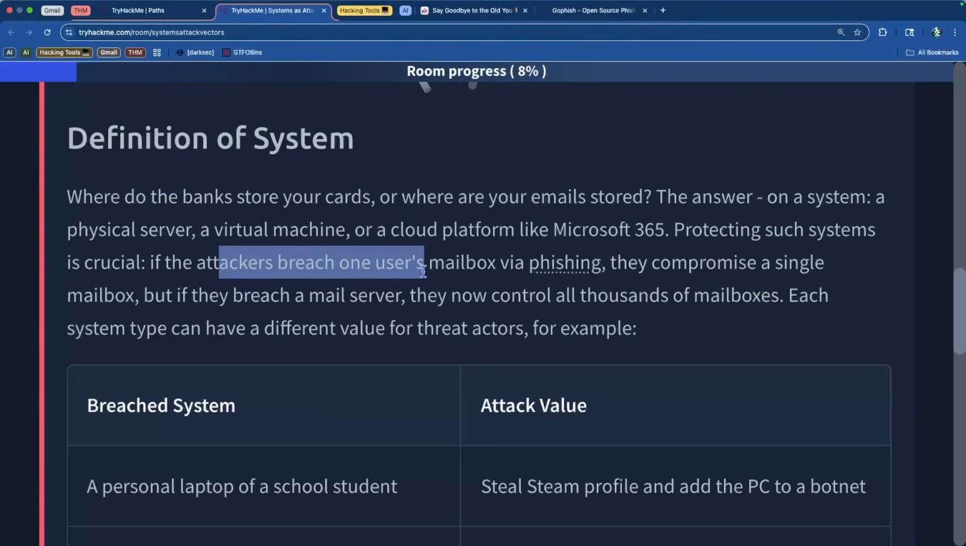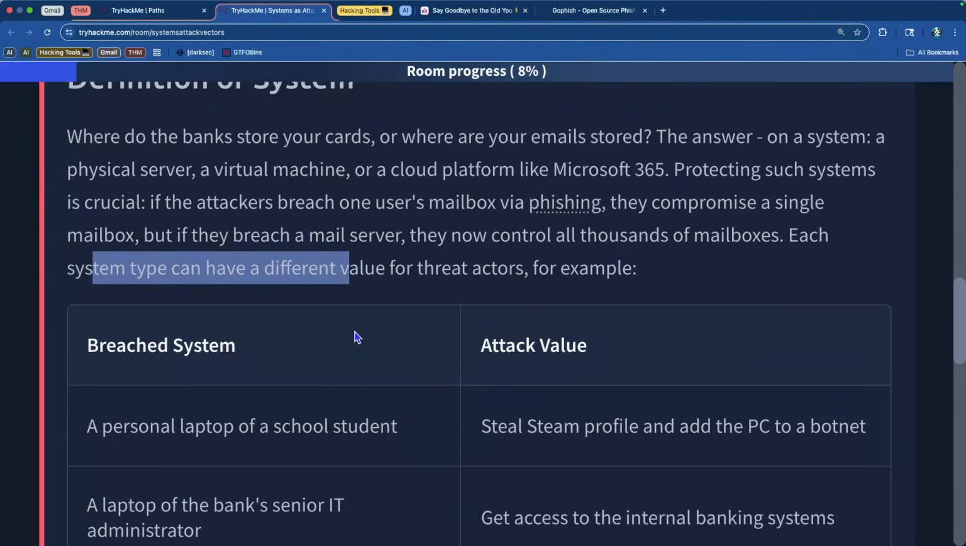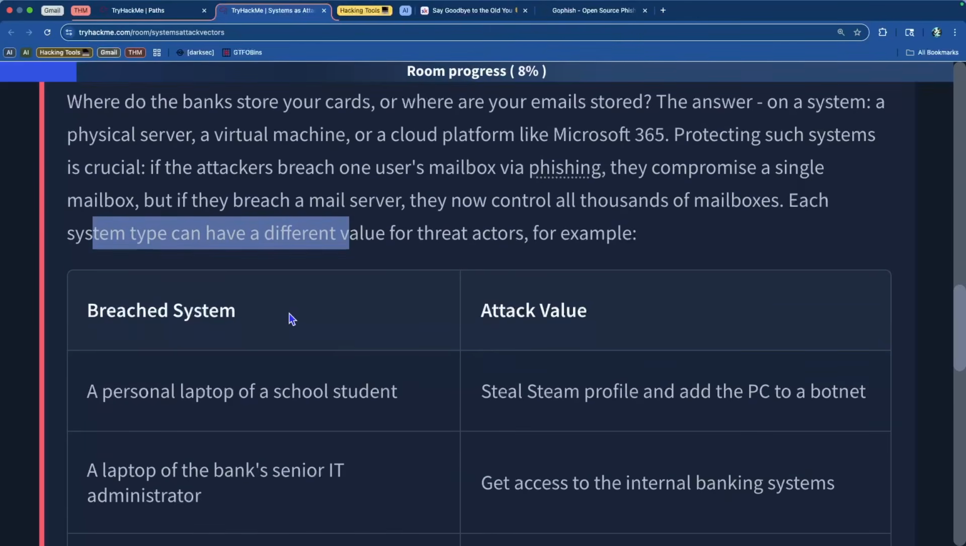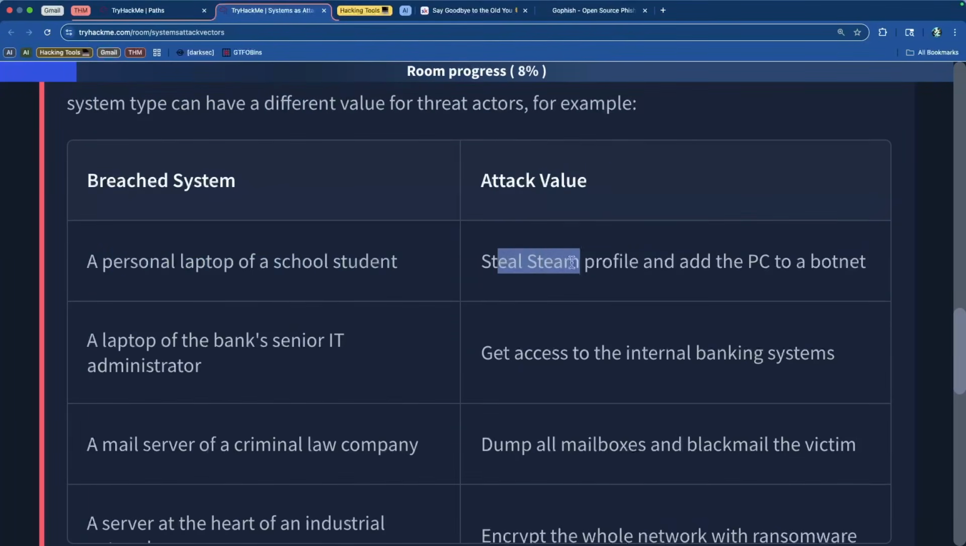If the attackers breach one user's mailbox via phishing, they compromise a single mailbox. But if they breach a mail server, now they control thousands of mailboxes. Each system type can have a different value for threat actors. For example, a personal laptop of a school student: they can steal their Steam profile and add the PC to